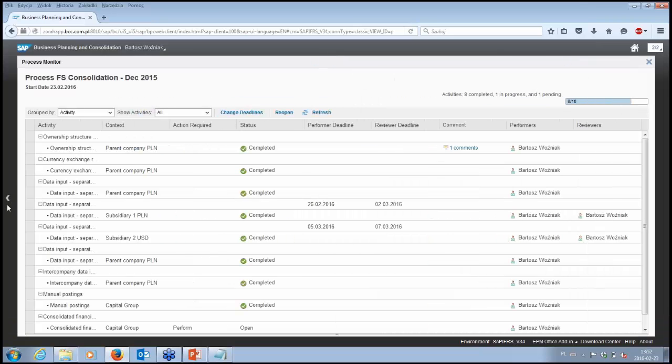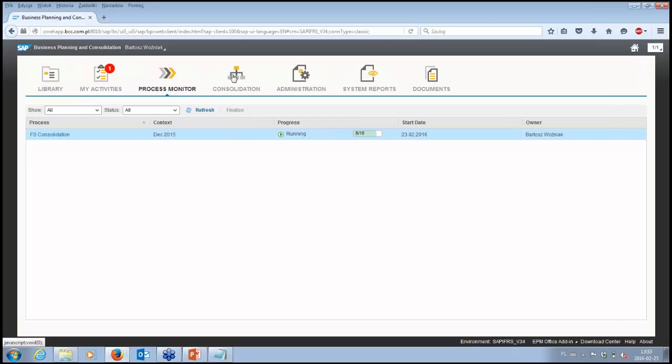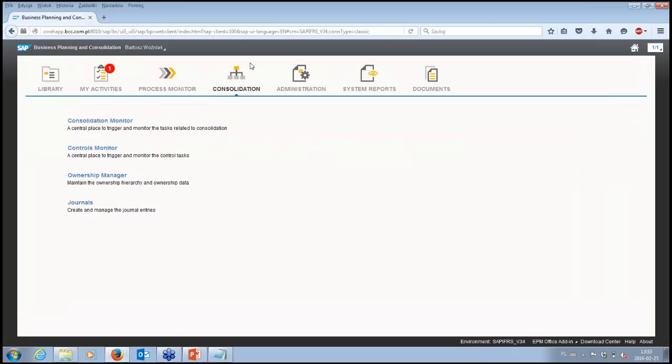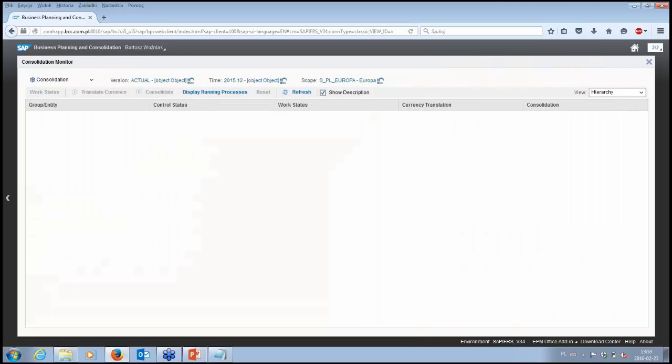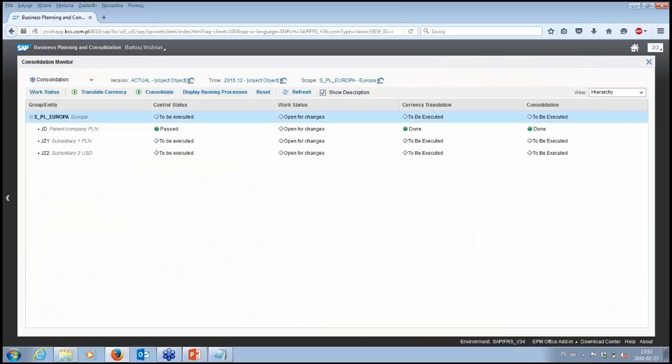We also have an additional place for the master of this consolidation process. This is the Consolidation Monitor. And as you can see, we have our capital group named Europe, parent company, and 2 subsidiaries. And this is managed with traffic lights information. So yes, this is passed, but we have to control this data.